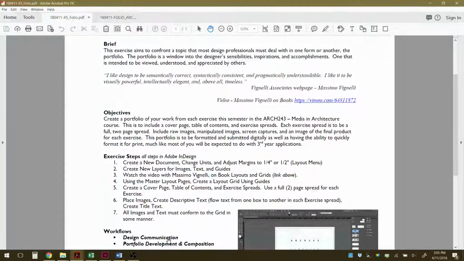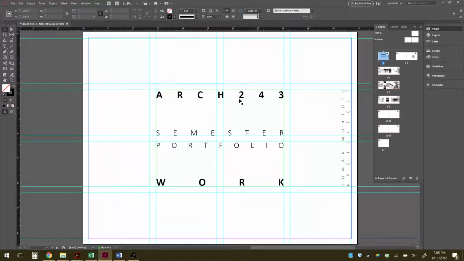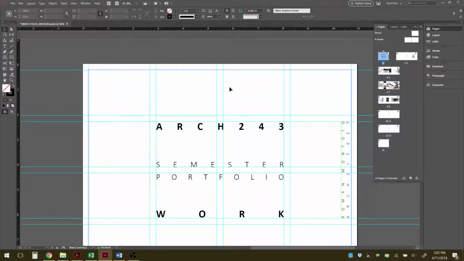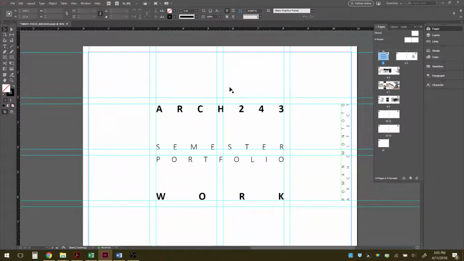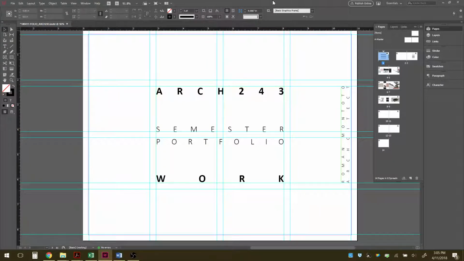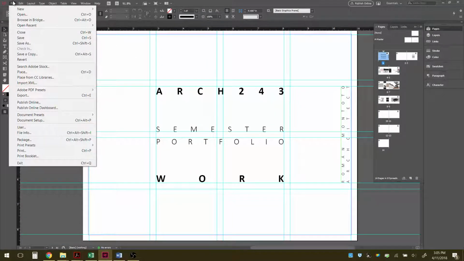Workflows, basically design communication, right? We're communicating our work, and also portfolio development and composition. Okay, so creating a new file. If you see here, I already have a file going, but I'll go through the steps to create a new file. Essentially we'll go into new document,